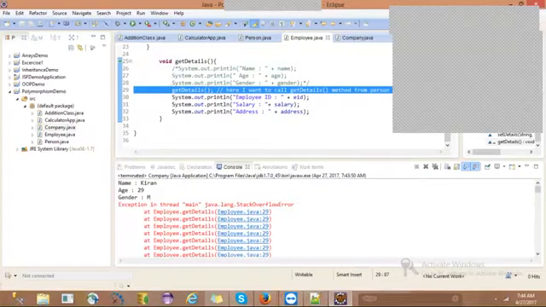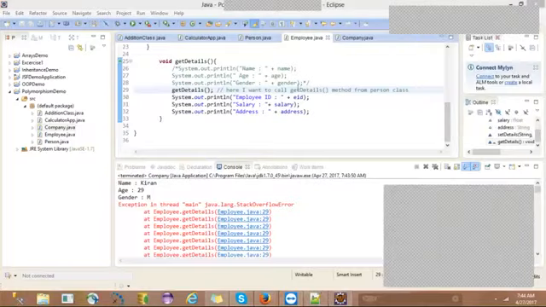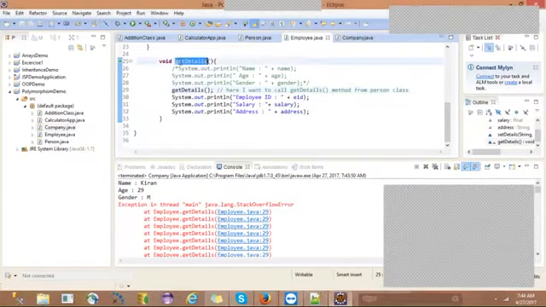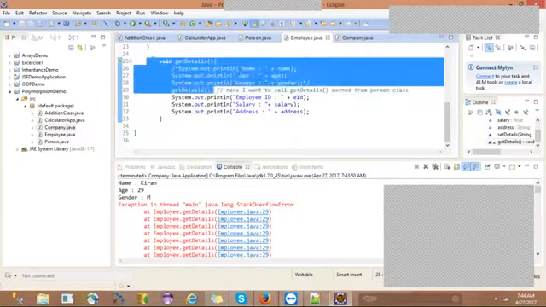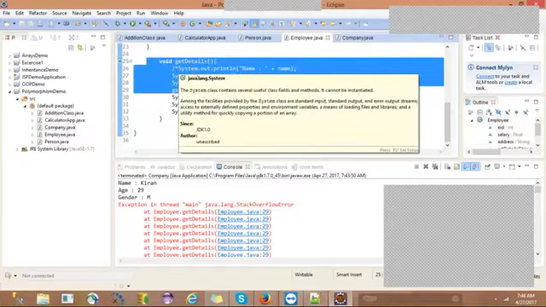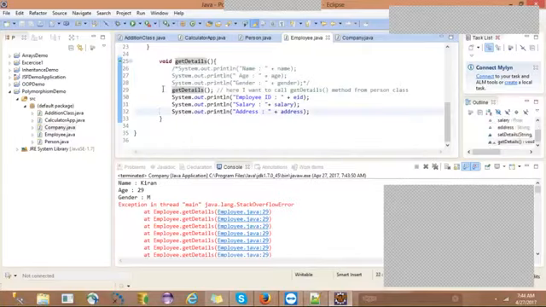Here we have written some pointer. You just see, here I want to call the get details method from the person class, but it is going to the same method invocation again and again. It has become a recursive method call. Recursive functions we have, right? A recursive method means invoking the same method from its own definition. So the same name, of course, we need to have the same name only. Why? Because we are doing overriding.